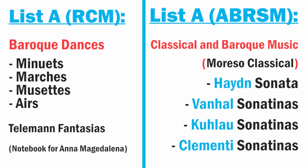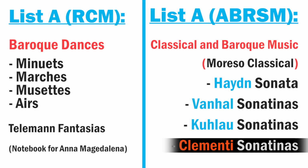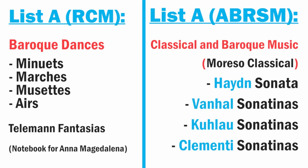Over on the ABRSM, List A merges both Baroque and classical repertoire, but there tends to be a much stronger lean towards classical repertoire. In this section, you're going to see movements from a Haydn sonata, you're going to see Vanhal, Kuhlau, and Clementi sonatinas as well. I say this every time, but List A is almost always the most difficult category for